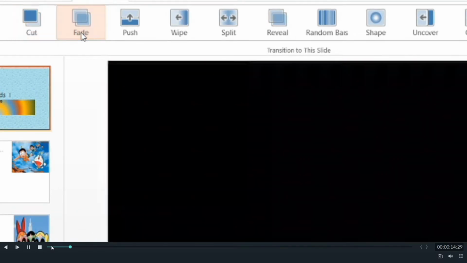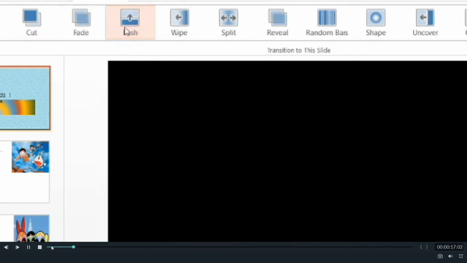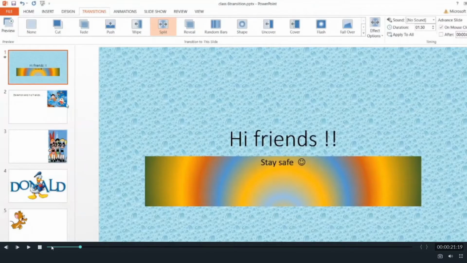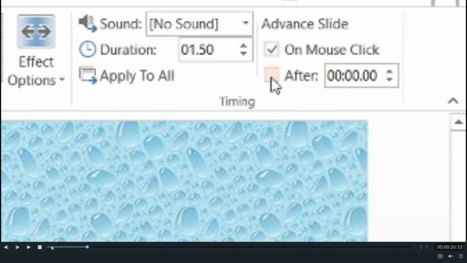See, there are so many. I will show you some. You have wipe, and split, which will split the window into two. One more thing, when you apply the transition effect or animation effect, you also have the timing group. Here you have two options again. When you execute your slides, do you want it manually, that is, every time you click the mouse, only then the slides come one after the other?